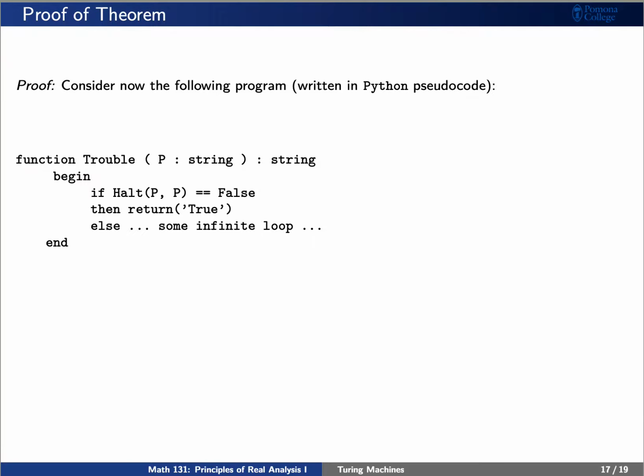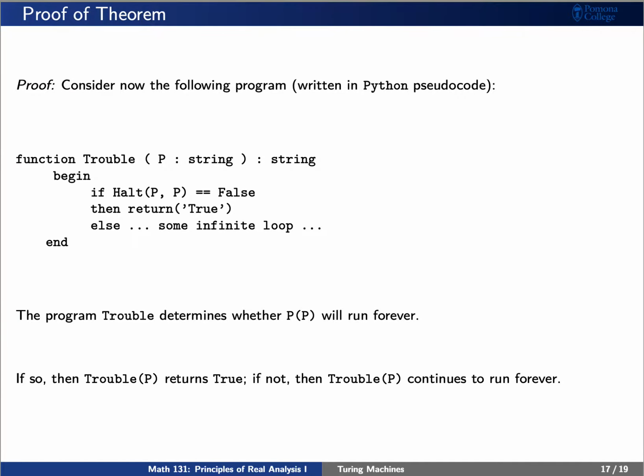Here on the screen, we've written a program that says if halt PP is false, then the program trouble evaluated at P will return true. Otherwise, if halt PP is true, then the program trouble evaluated at P will just run on forever.